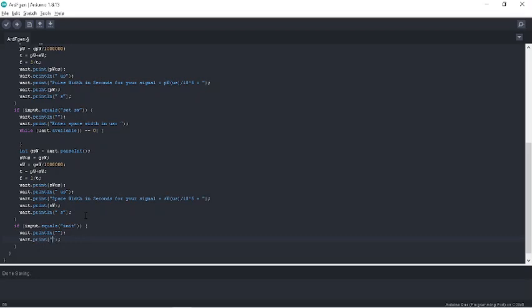Initializing your signal on digital pin D, out pin, right? Yeah, out pin. Initializing your signal on digital pin D7